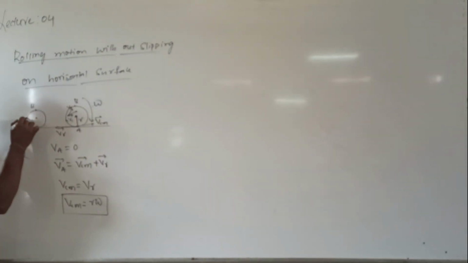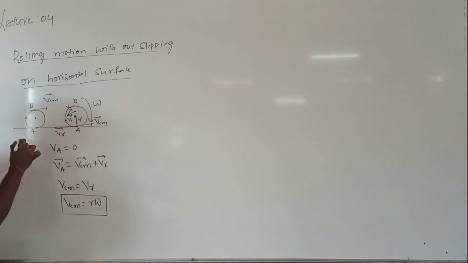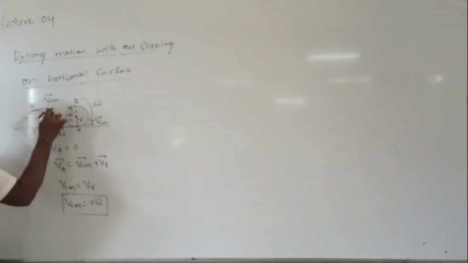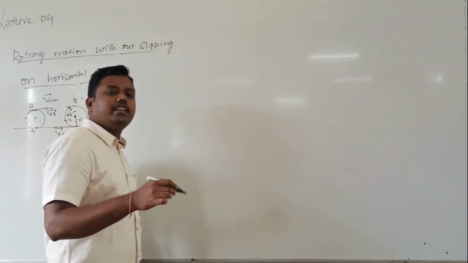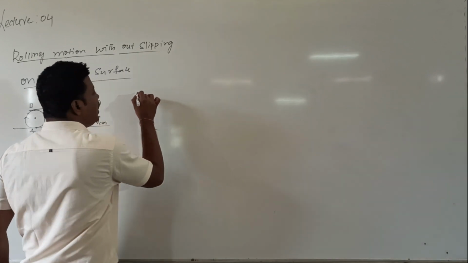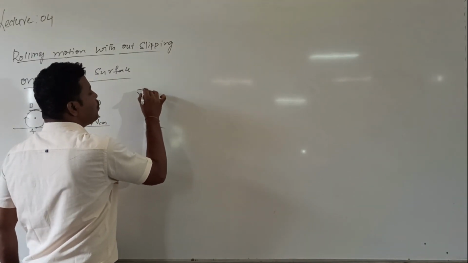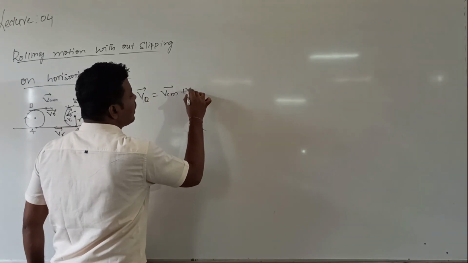And what about the velocity of the highest point? The body is rolling like this now. What is the direction of the velocity of the center of mass? VCM bar, the translational velocity. And there is also the rotational velocity, a tangent drawn in the direction of R, which is given by VR. VR bar and VCM bar are both in the same direction. Then what is the velocity of the highest point? I can call it VB bar. So VB bar is equal to VCM bar plus VR.